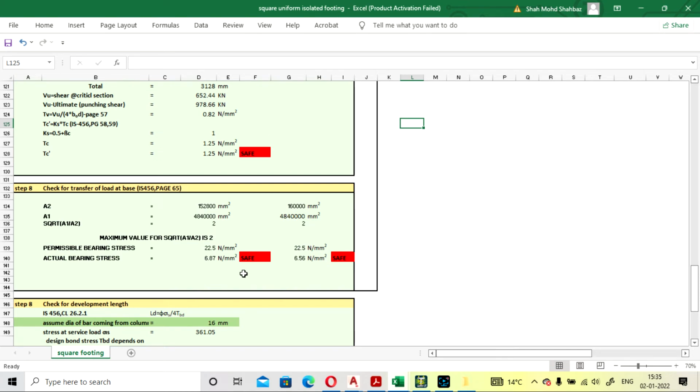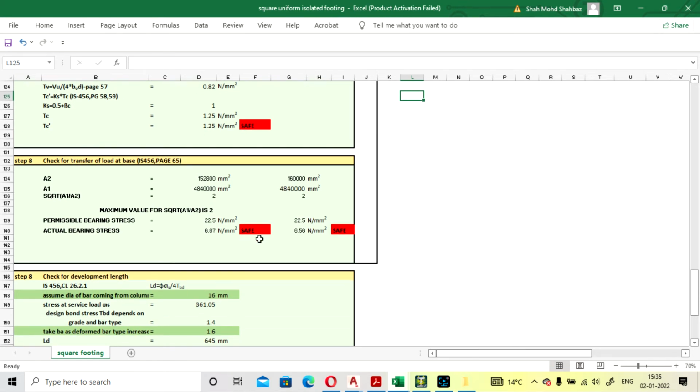So here you just have to see whether it is showing safe or not. The value calculated by both methods, you can manually check there, and here you only have to see whether both values are safe or not. It shows whether your load will be transferred to the base without reinforcement, that is possible or not. This check was not that necessary, but you have to go with all the checks, so I mentioned these also.